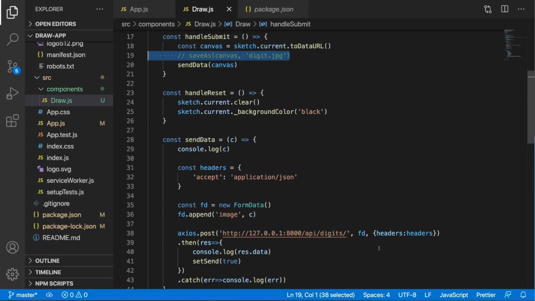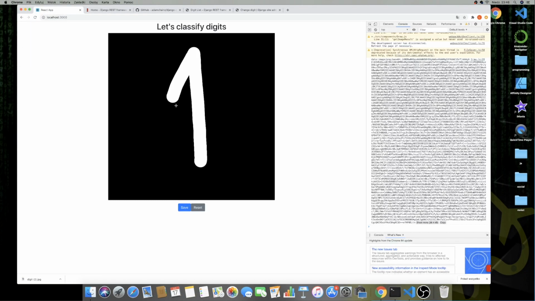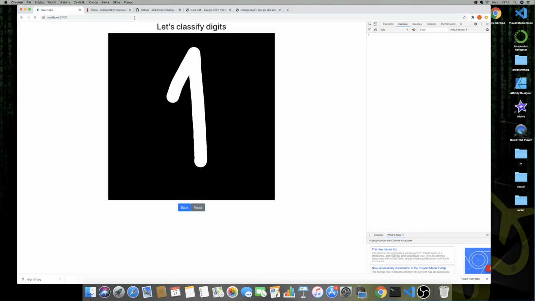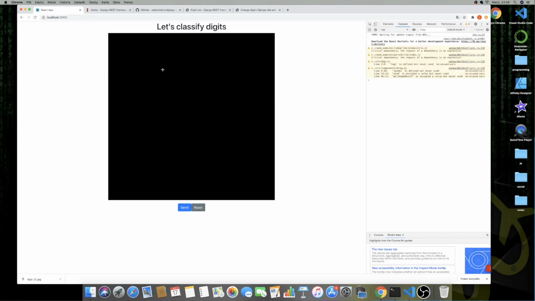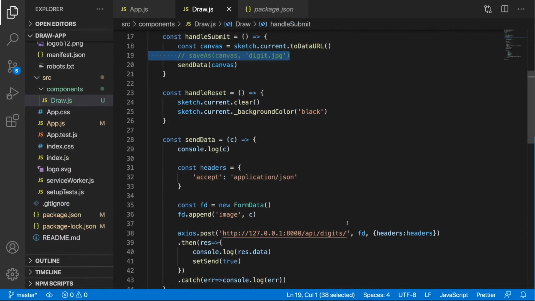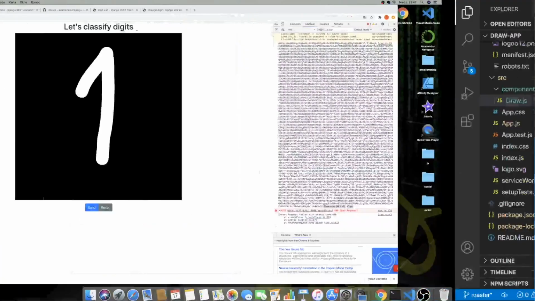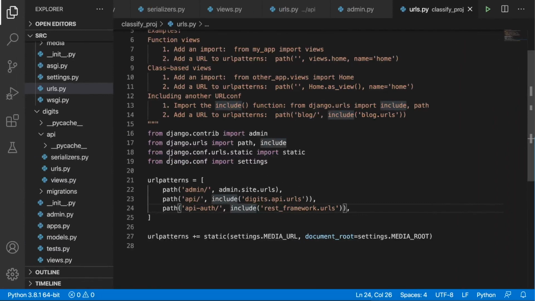I'm going to save this and head over to the React app. I'm going to refresh it just in case, and I'm going to write down 1 again, sent, and we have an error and we have a bad request, and this is probably because of the issue that I mentioned before with the image. So what we need to do is to head over to our Django